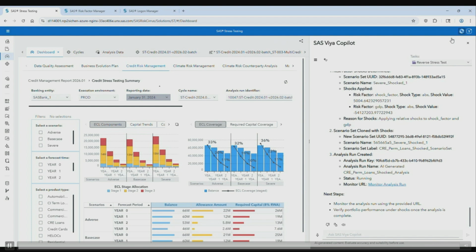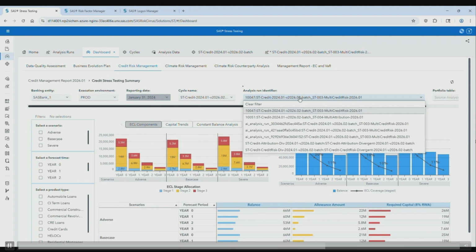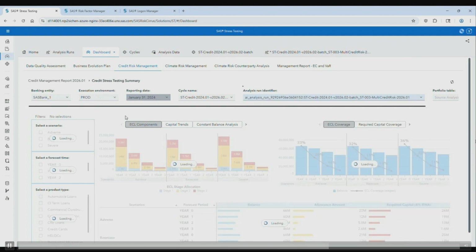And we are using the same framework to create a new run, and the results of the run are again available within the solution. So this was what was originally run, and based on this, we created a marginal portfolio and evaluated that portfolio. And the results of that are again available within the solution.